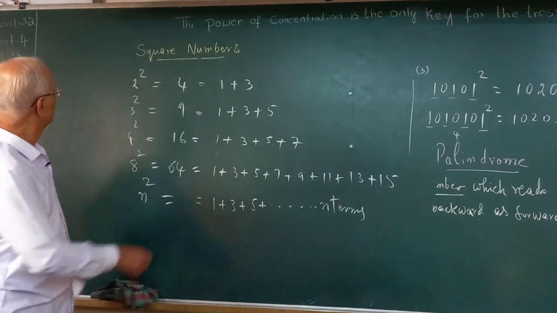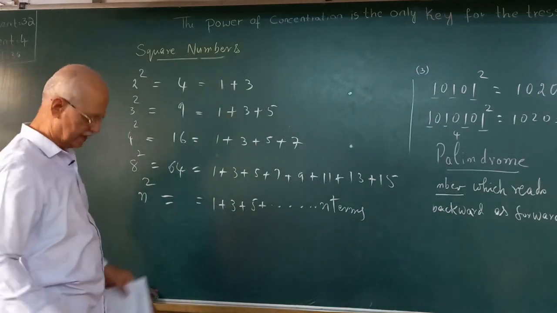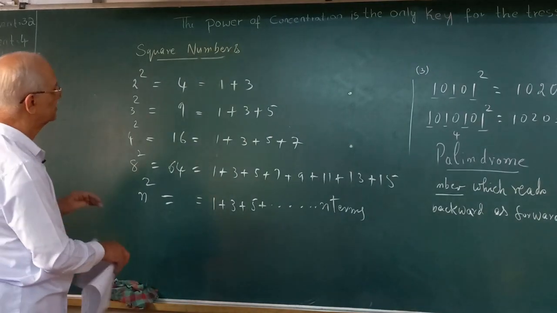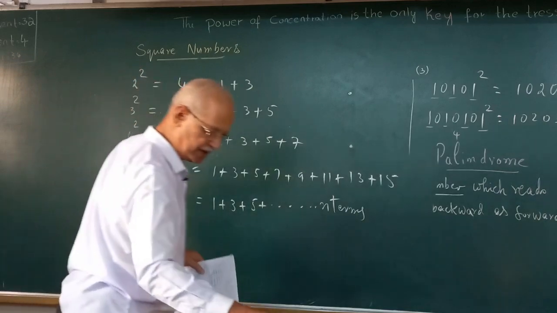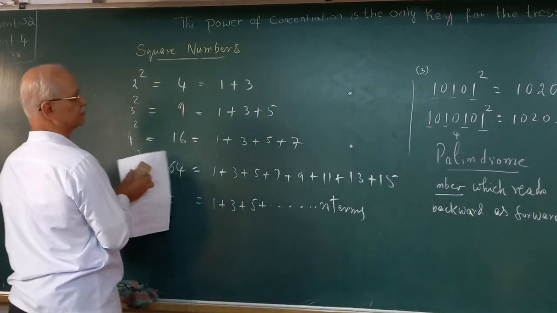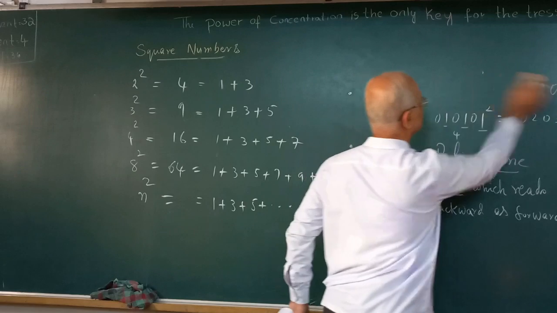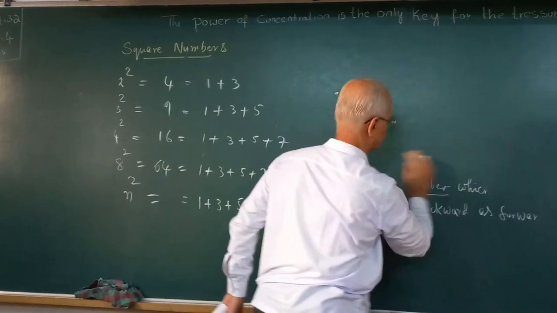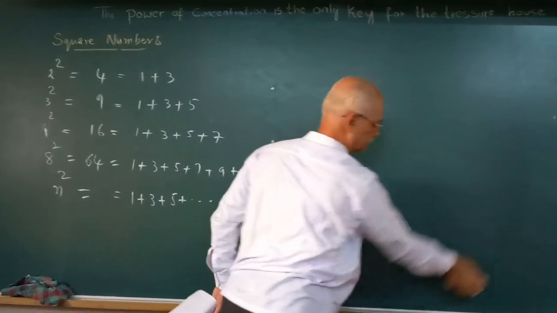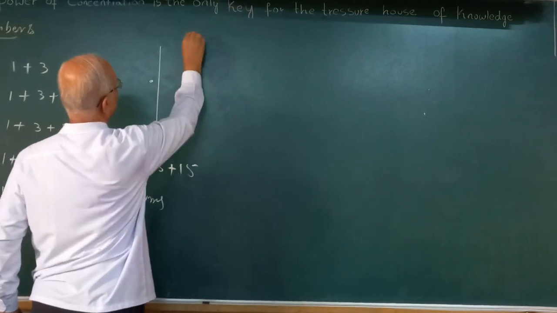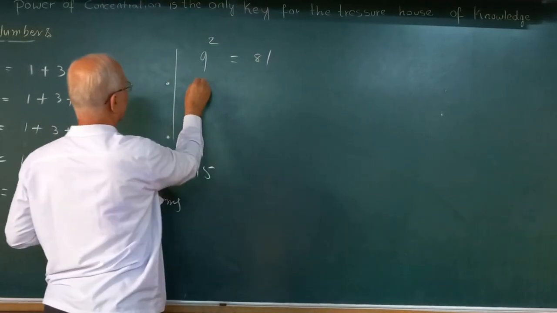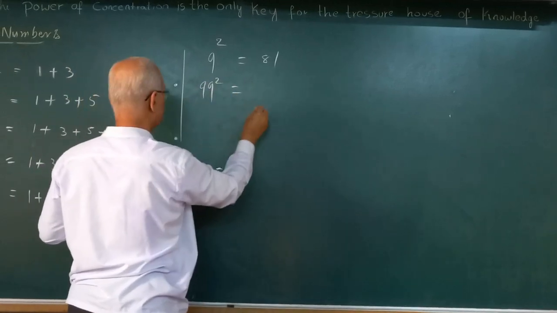Now, these are all odd numbers here. Okay. Some more examples let me take now. Same with square numbers. See here, 9 squared, how much? 9 squared is 81. 99 squared will be